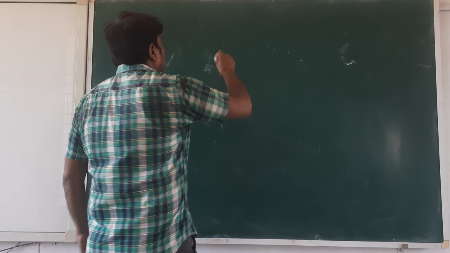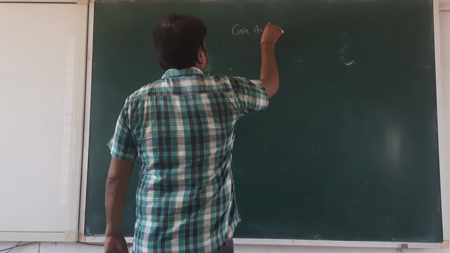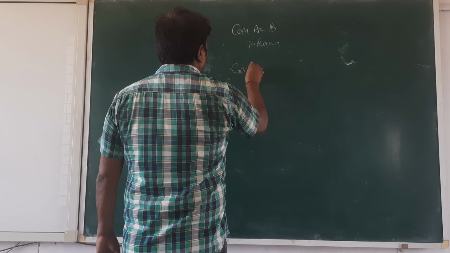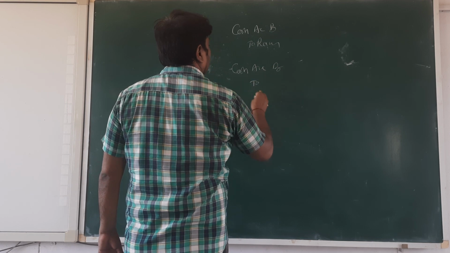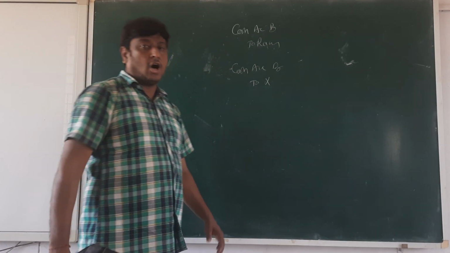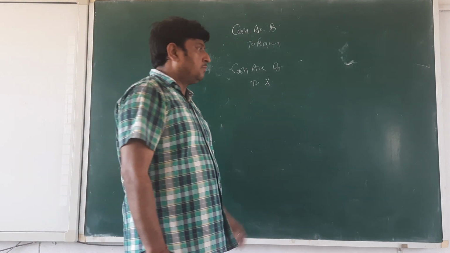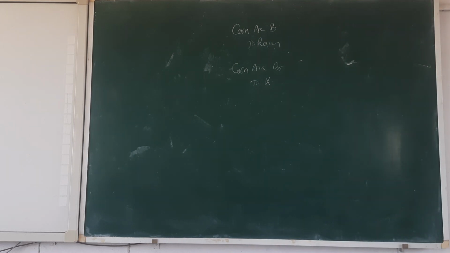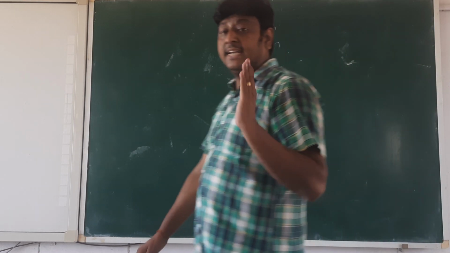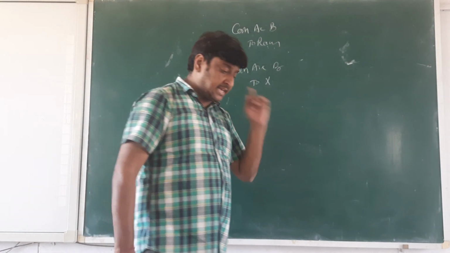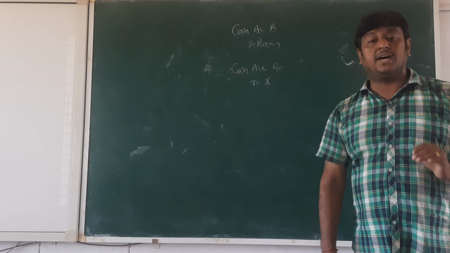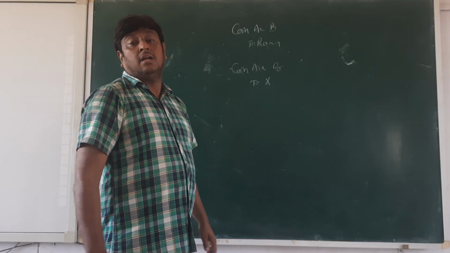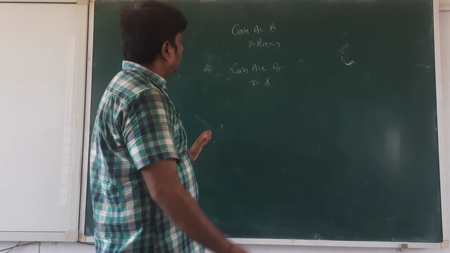We are going to do the single entries like this: cash account debit to Ram. Then cash account debit to X. How are we going to combine both entries? Two main factors are needed. The date of both entries will be the same, and the same account will be debited or credited. If in two entries the same account is debited or credited, and both entry dates are the same, then we can go for a combined entry.